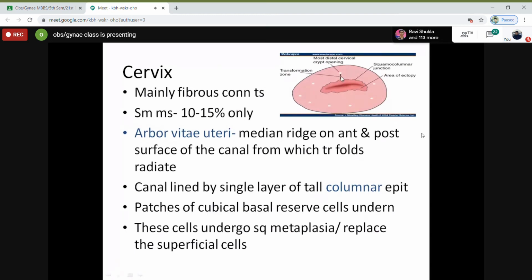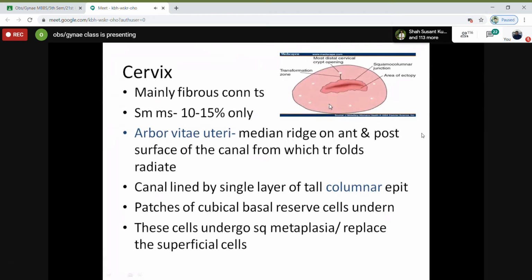Why? Because the cervical canal has columnar cells, and the external os has squamous cells. Outside this part are the squamous cells. So these white dots, and this much, is the transformation zone. This is where the cells are transforming, because the canal is lined by columnar cells and outside here it is squamous cells. So this part is the transformation zone, on the external os.